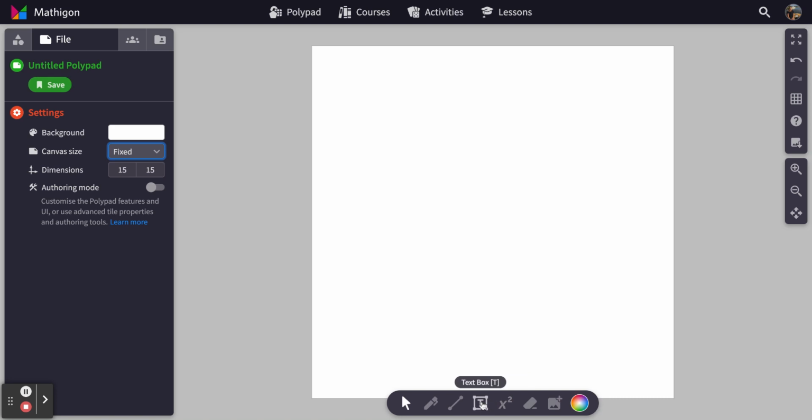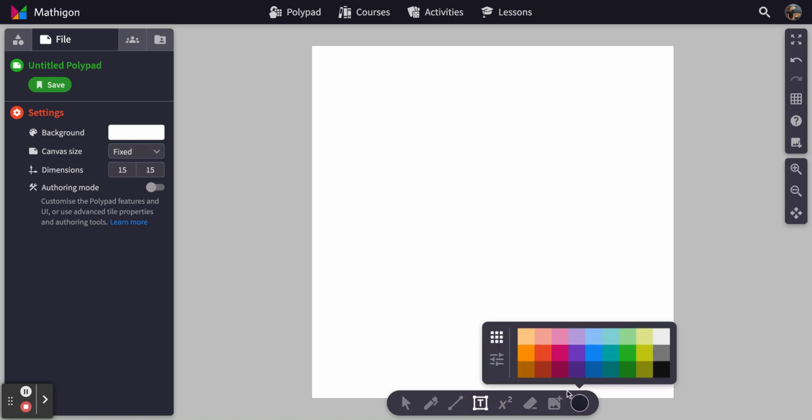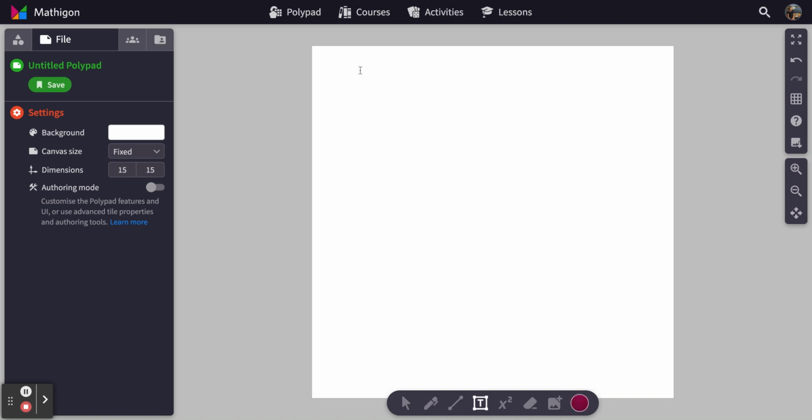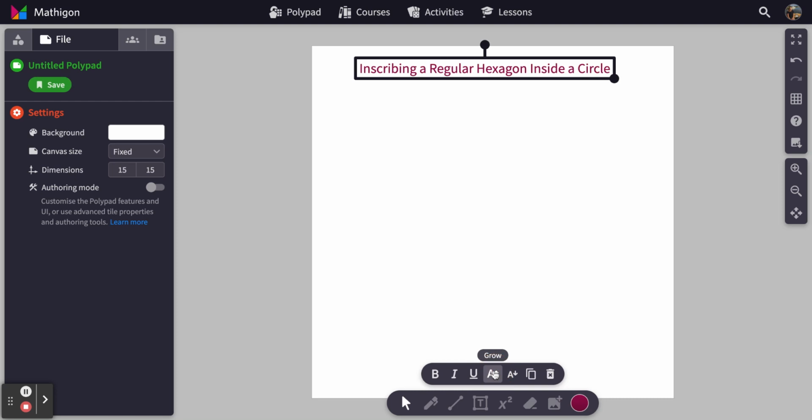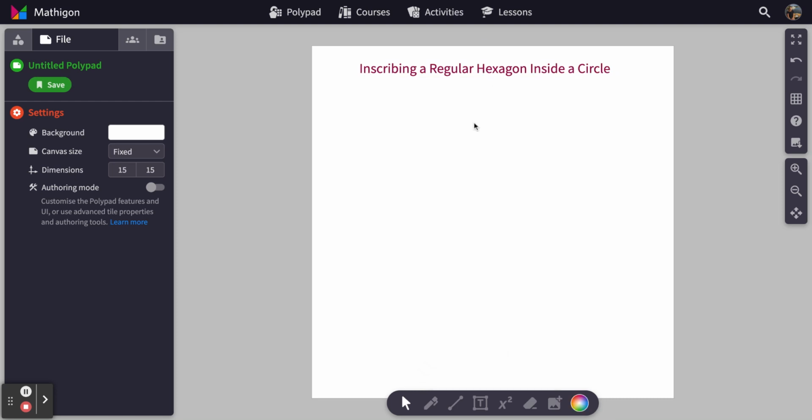And I'm going to go down here to the text box. It defaults with black. You can change it to any color you want. And I am going to put my title. And then we can change the size of the text. So with my pencil tool,